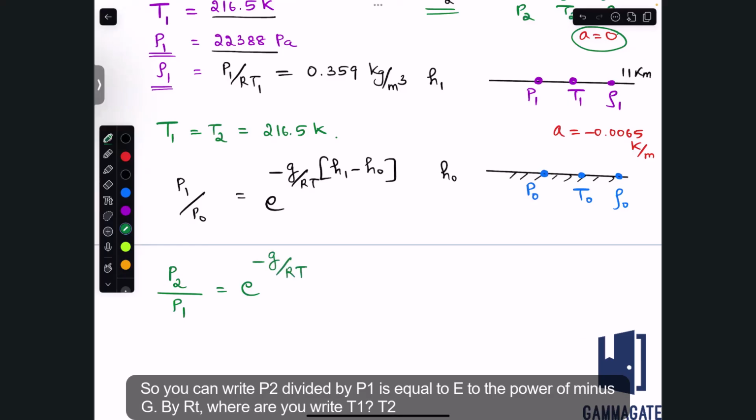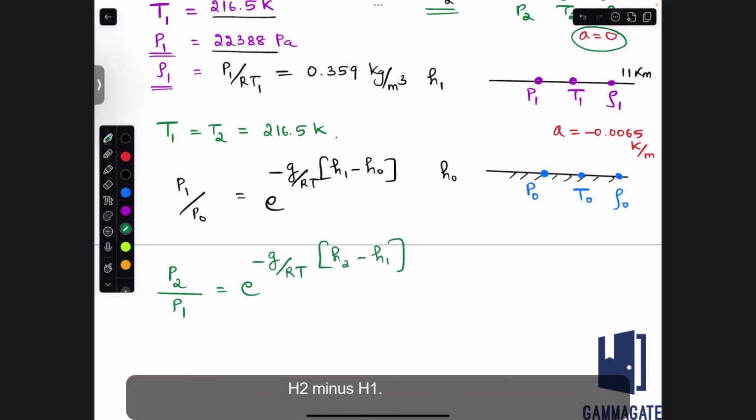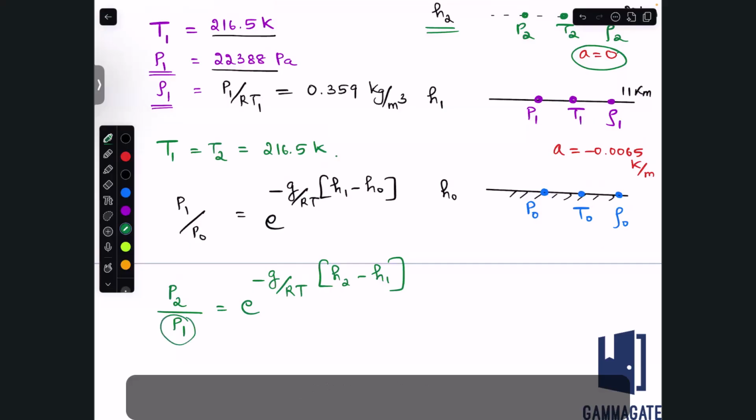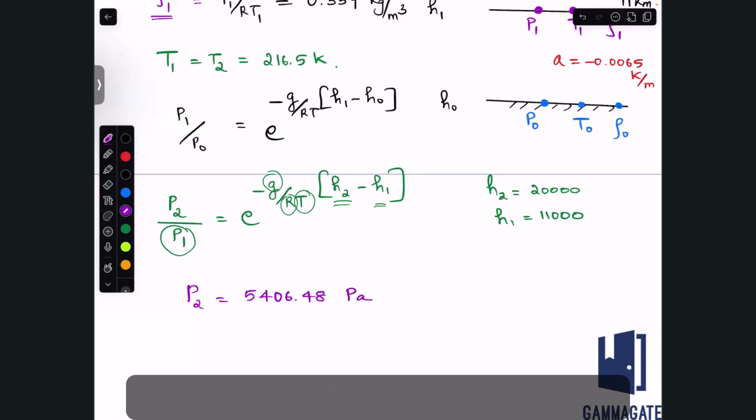Whether you write T1 or T2 doesn't matter. And the height is H2 minus H1. P1 I already know. G I know. R I know. T I know. H2 and H1 also I know. H2 is at a height of 20 kilometers, so 20,000 meters. H1 is at a height of 11,000. So you can see the pressure has become